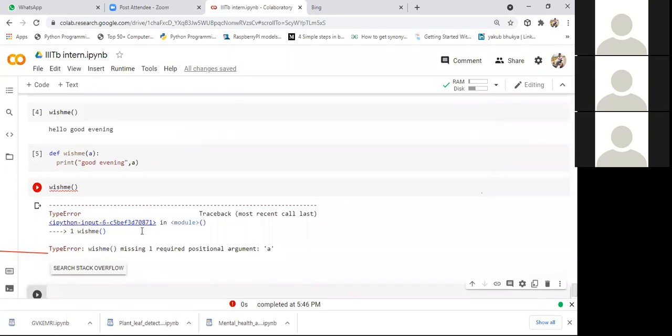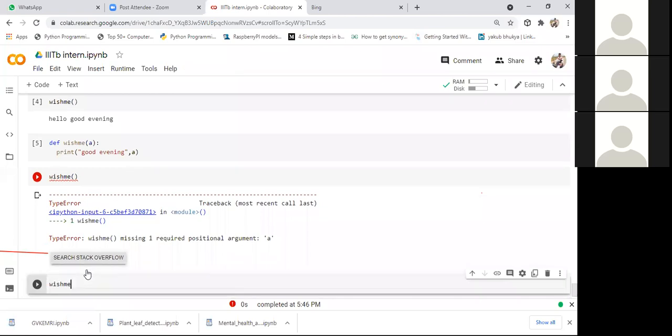Remember how many parameters you have in a function definition. That many parameters you should specify while calling that function. Otherwise, it will give you an argument missing error. So I need to specify at least one parameter.